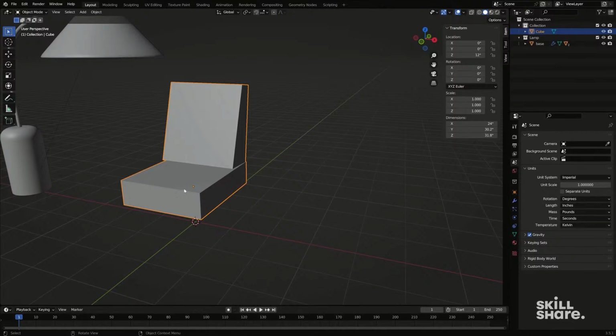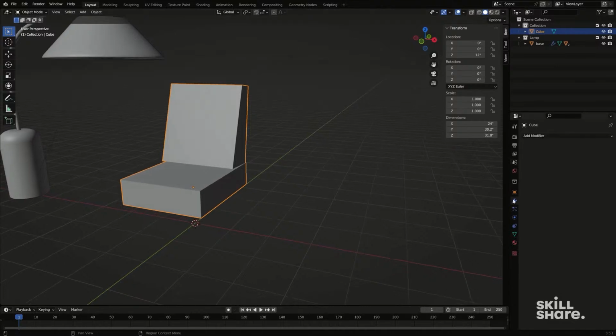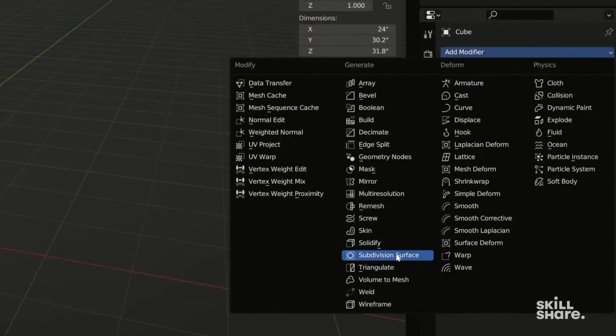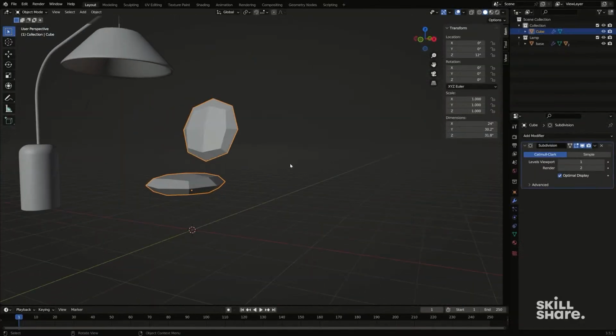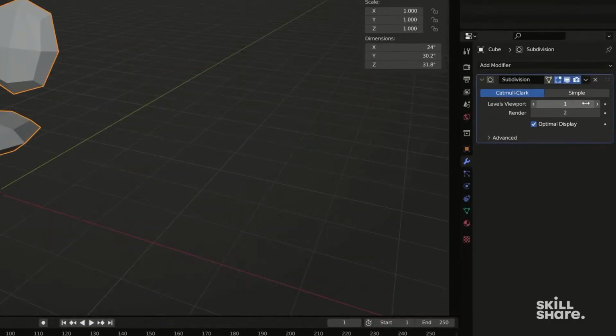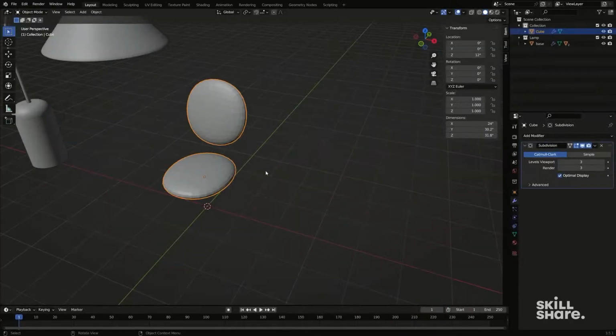But really the bulk of what we're doing is subdivision surface. So these cushions obviously right now are not very smooth at all. So we're gonna add in our trusty subdivision surface modifier, which you can see completely wrecks the mesh, but it does smooth it out quite a bit. Now, if you remember, the viewport levels is what you see in the viewport, and the render levels are how many levels get rendered. Sometimes you want the viewport levels to be a little bit lower than the render levels, just so that your viewport operates a little bit faster, but I typically like to leave them the same. So I'm gonna bump this up to maybe something like a 3,